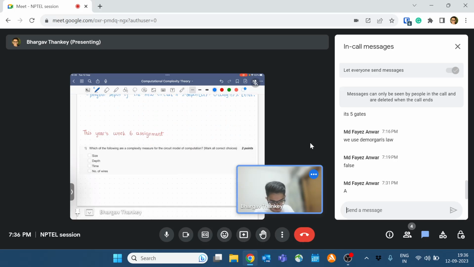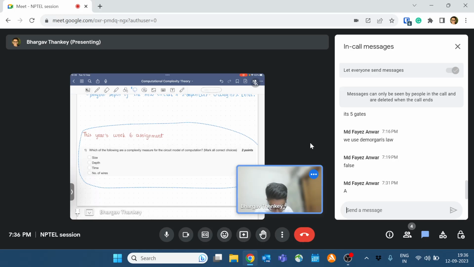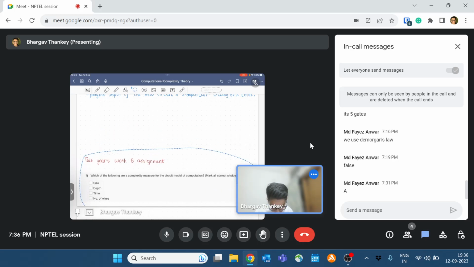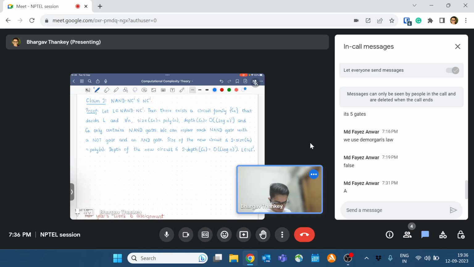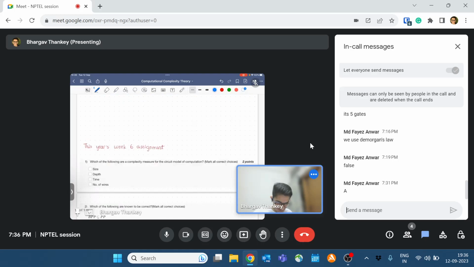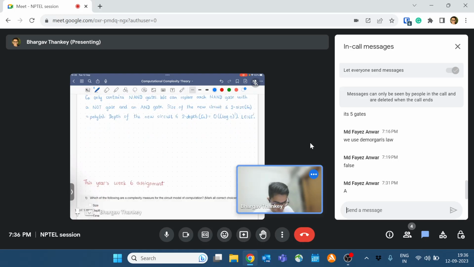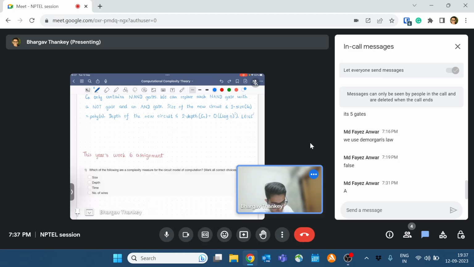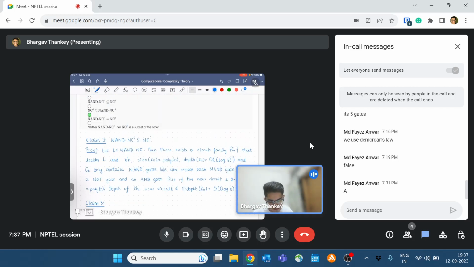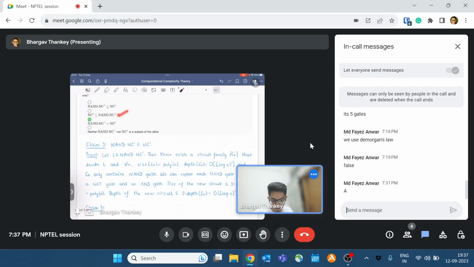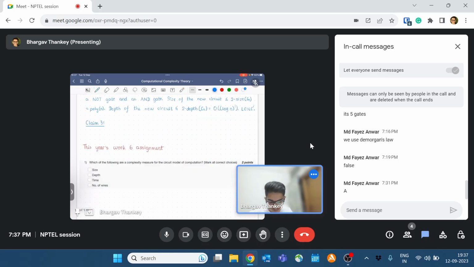Okay, let me try to move this. See if I have enough space. Okay, I don't think I'll still have enough space. Let me do this. Claim three. So this claim shows that this is true. Now we want to show that this is true, to prove that this is true. So the claim is